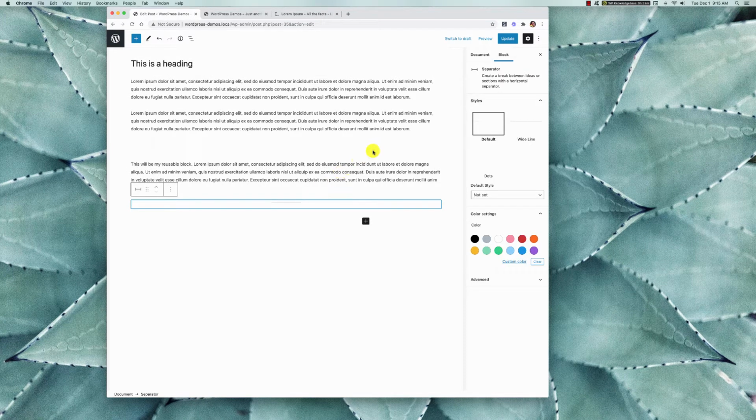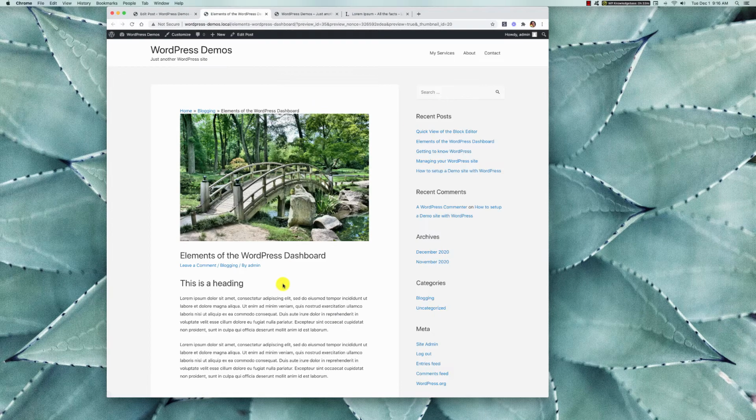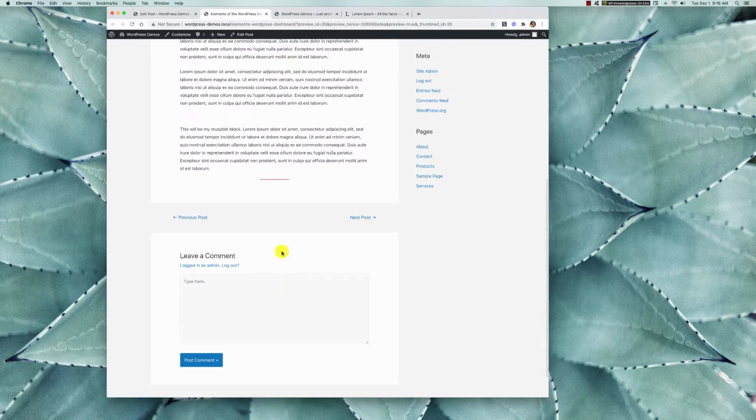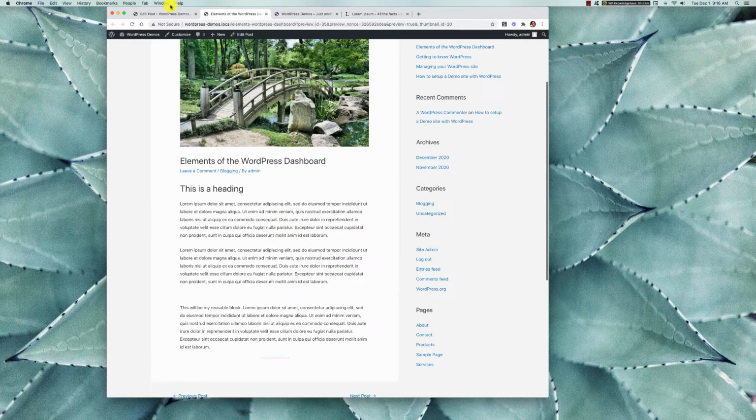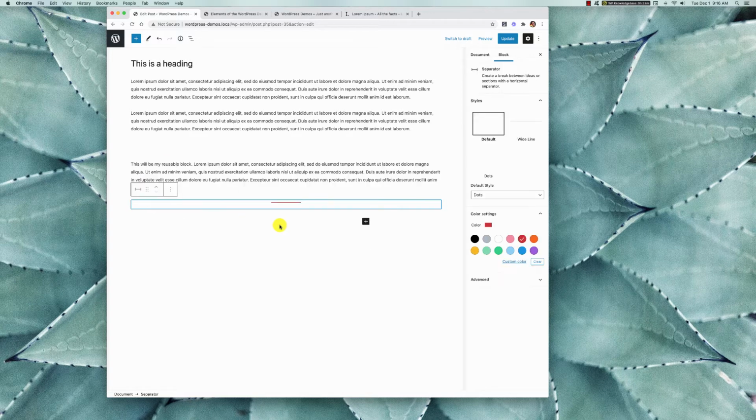Let's see what options we have here on the block. At the block level, we have a wide line. We can change the color. You see here, we have dots. Let's update and see if they show. They're not showing here. Let's see if they show in the preview. No, they're not showing. That's not cool. Okay, so apart from that,